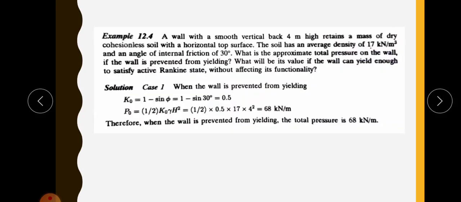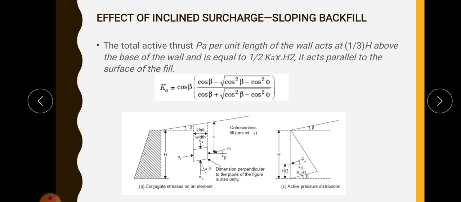And this total active earth pressure force, the total force per unit length of the wall, is noted by Pa, and the direction of this resultant force Pa is inclined at an angle beta with the horizontal. So this total resultant force will also be inclined at this angle beta with the horizontal. This height is the same as H by 3, and the total force per unit length of the wall is obtained by calculating this area, that is half into gamma H into Ka into H, that is half Ka gamma H square, same as in our previous case.